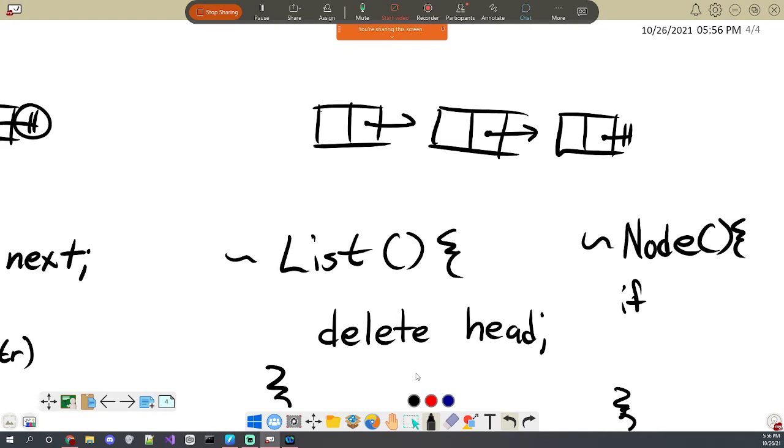Oh, I have a question. Is there any benefit of using null pointer over null? I think they're the same constant. I was told null pointer is safer, but I'm not entirely sure why. I guess null just might be deprecated or something. I'm not 100% sure. But as far as I know, they're both constants and it should be okay to use both of them. I kind of prefer to write null, if I'm being honest, just because that's what C# does and that's what I'm used to, but it should be okay if you use either.